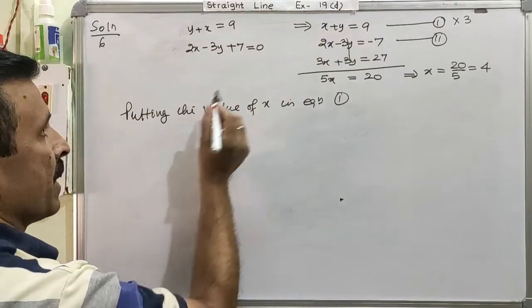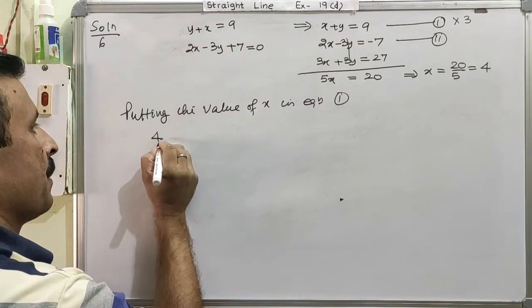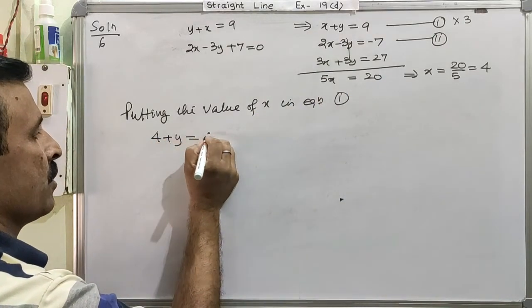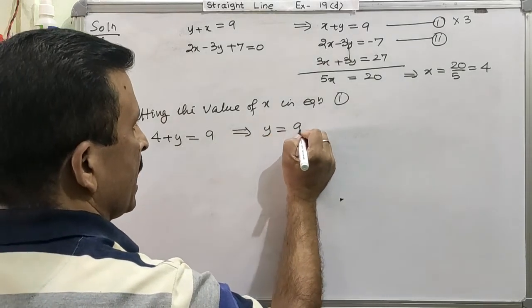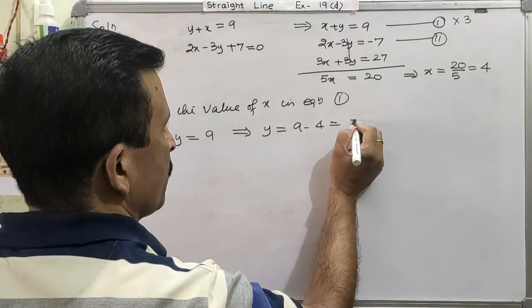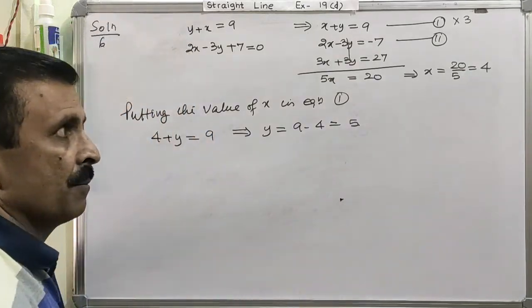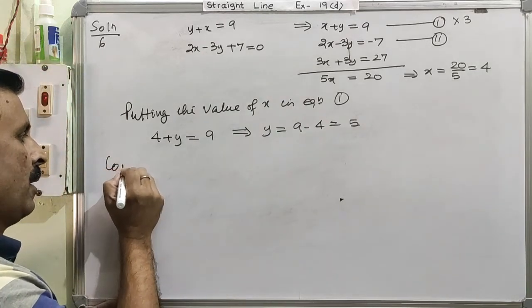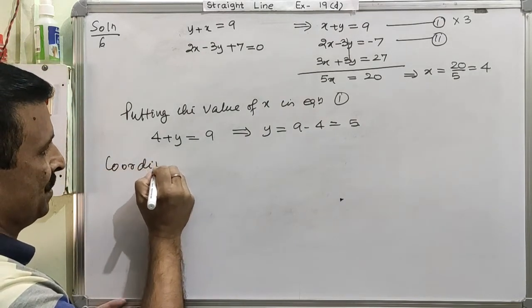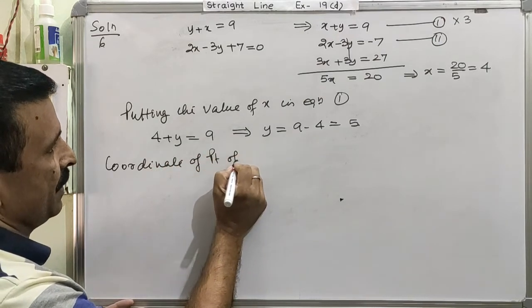So for x we will write 4 plus y is equal to 9, and this implies your y is equal to 9 minus 4 is equal to 5. Now we got the coordinate of the point of intersection. Clear? So coordinate of point of intersection